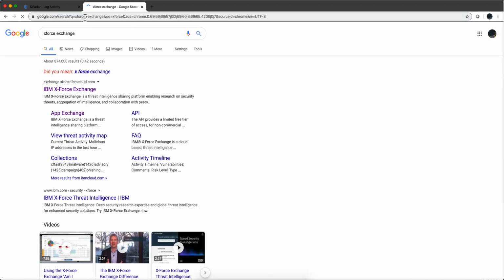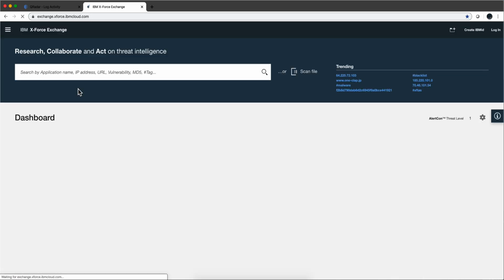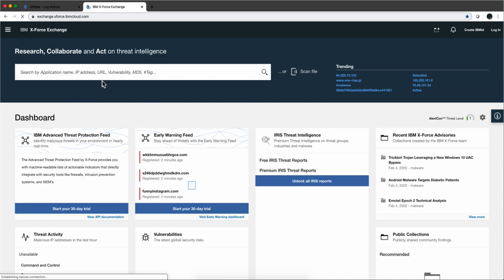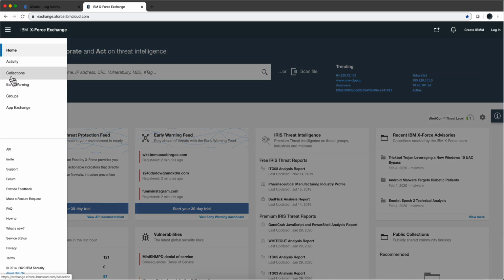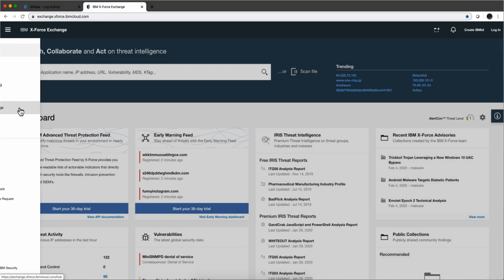Exchange, you're going to be taken to this site, which is kind of an app store. Almost everything in here is free. You may need a subscription with a product that this thing integrates with, but almost all of the apps are free. So if you click here in this hamburger menu and select App Exchange,